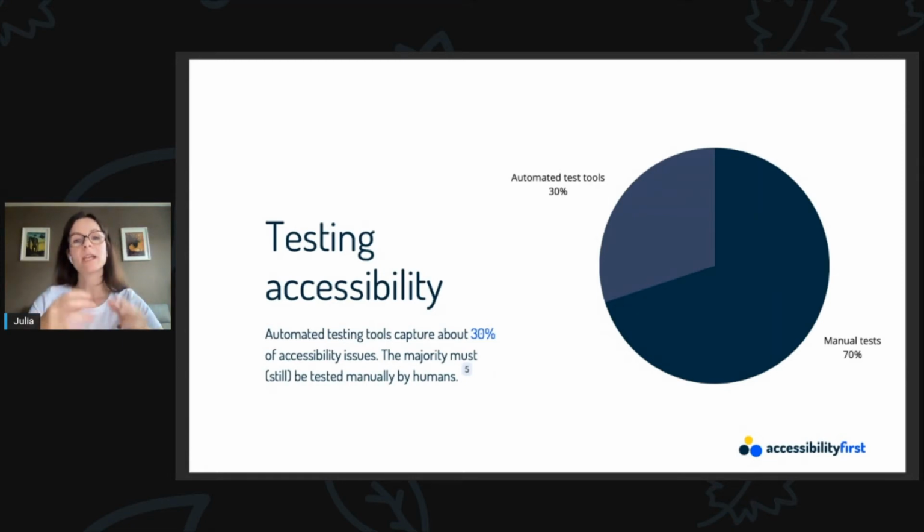Automated testing tools are a good start, but the best value is in combination with human testing. After all, your website is used by people, so real people do the best job of thoroughly testing and fixing accessibility issues. You have to do cross-browser testing and different combinations of browsers and screen readers because each screen reader behaves differently depending on the browser.